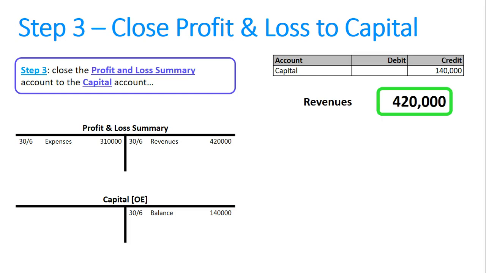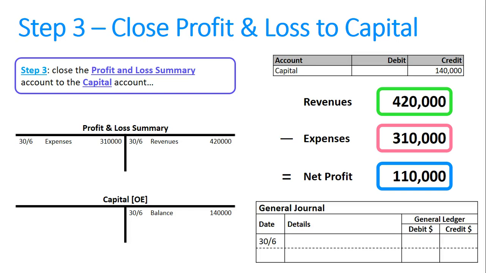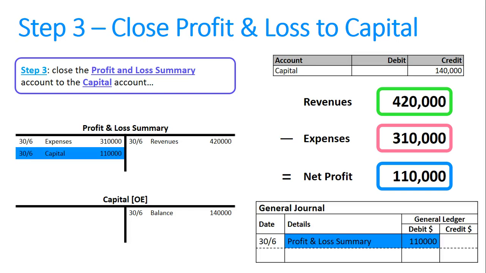We are now going to figure out the profit. So we had $420,000 in revenues, less $310,000 of expenses, equals a net profit of $110,000. What we're going to do in the general journal is close that to the profit and loss summary. It's going to be a debit there. And why is it a debit? It's a debit because this profit and loss summary account can't exist after balance day, in this case the 30th